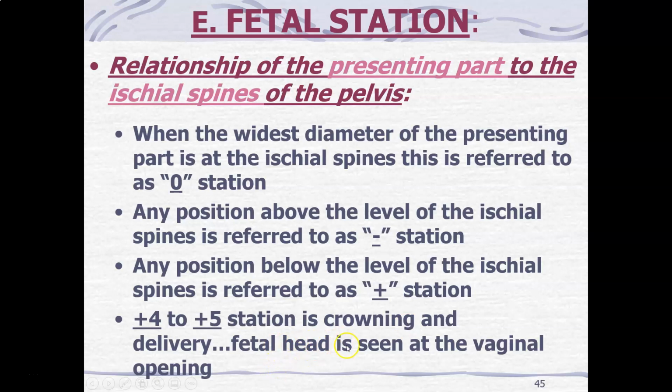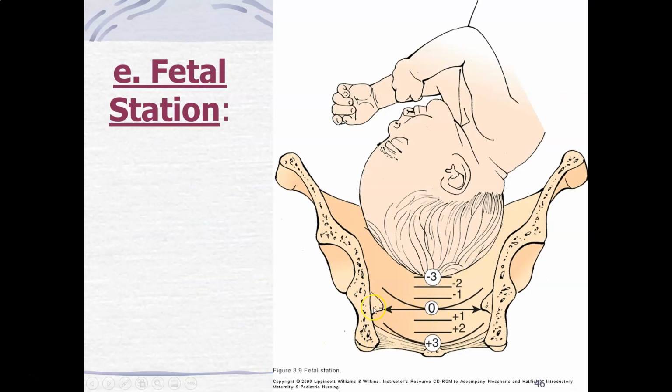and the fetal head is seen there at the vaginal opening. So fetal station, these are the ischial spines right here sticking out, okay? This is just giving you a reference that this is zero station at the level of the ischial spine. So right here, this baby is up here at -3 station. This is not measured. I mean, we don't have these measurements obviously written down in the pelvis or anything. You do this based on palpation,